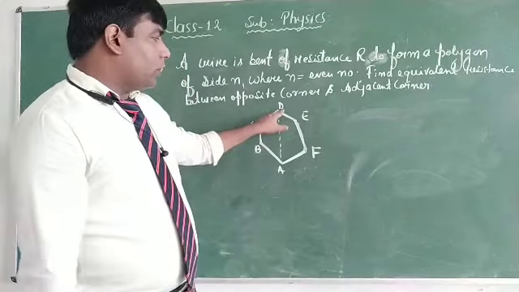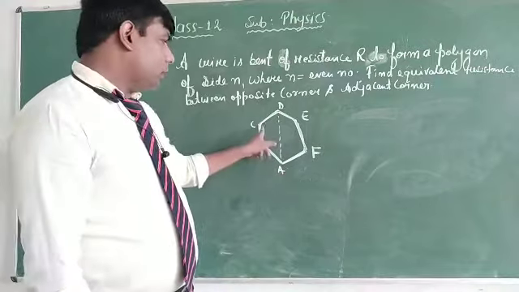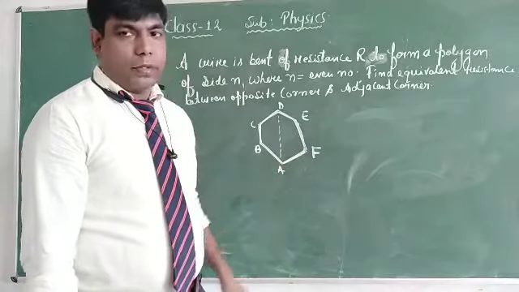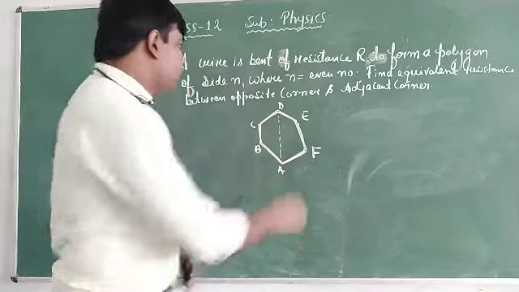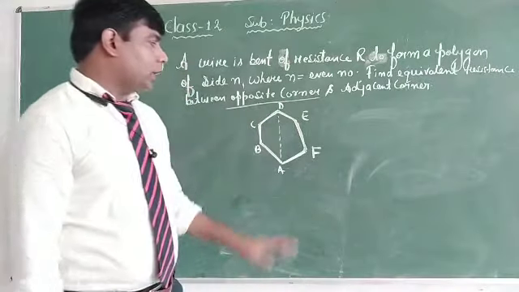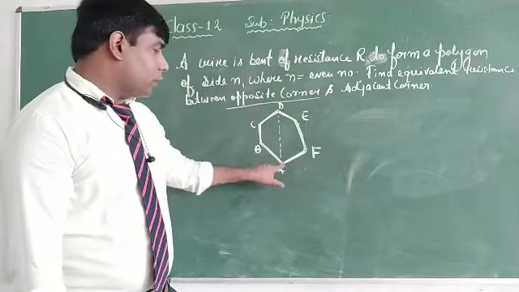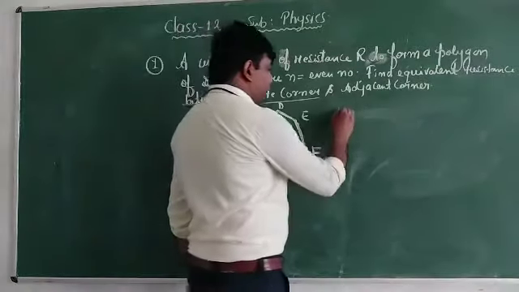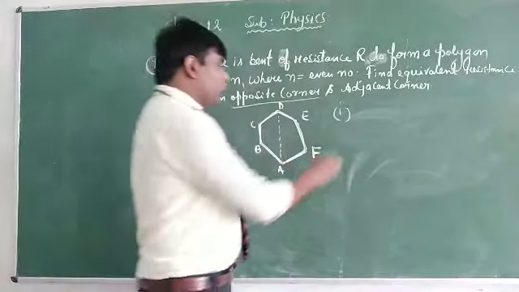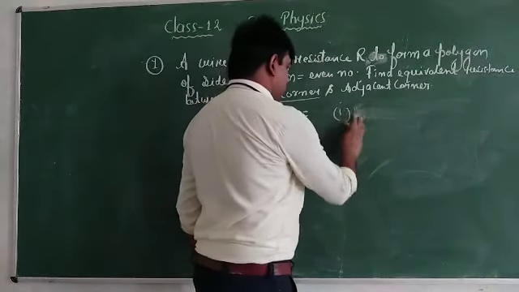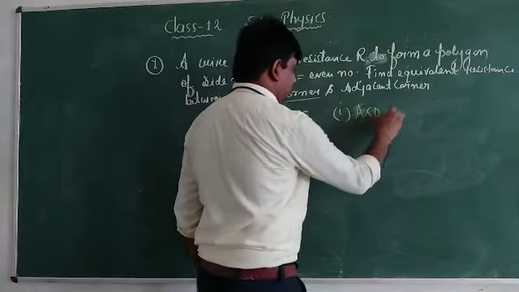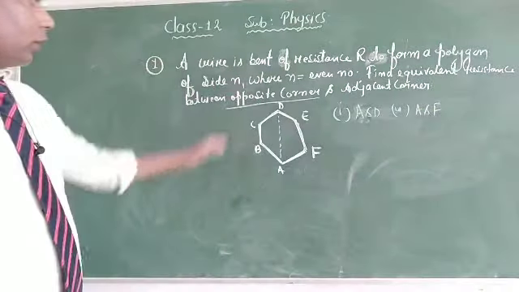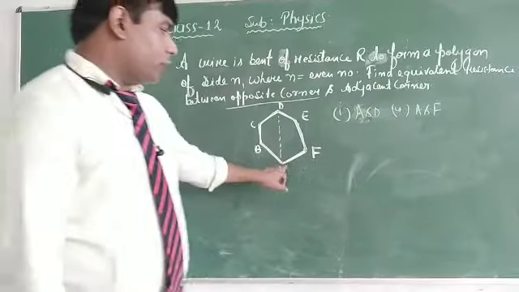Here, if one corner is D, then the opposite corner will be A. Or you can consider the first corner C, then you have to take the opposite corner F. That is, you have to find the equivalent resistance between A and F. That is the opposite corner. Then the adjacent corner. That is, adjacent corners are B, A, or AF, or FA. Right. So, according to the question, let us consider first that the opposite corners are AD, and in the next question the adjacent corners are AF.